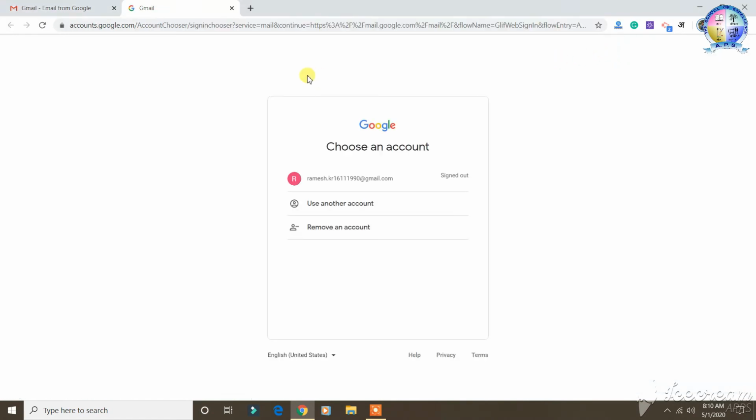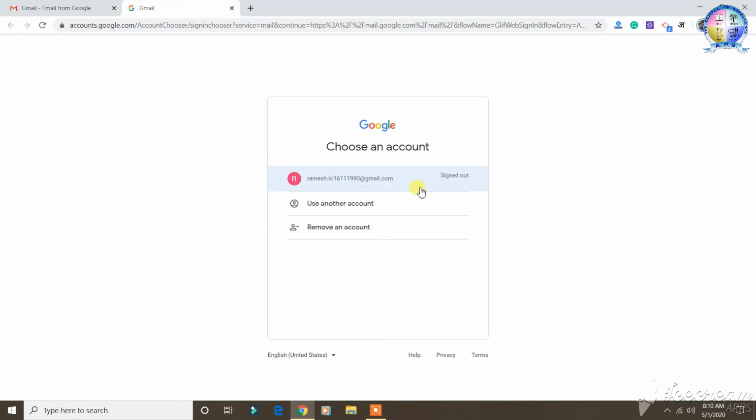Once you click on that option, you can see options like this. I have just signed out after creation, so that's why it is showing me these options. Otherwise it will directly ask you to enter your username and password.